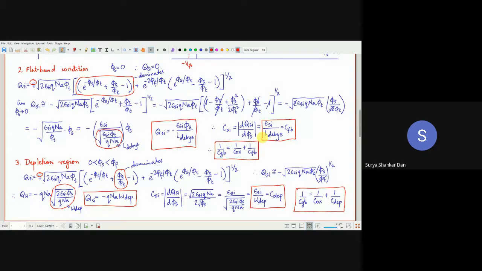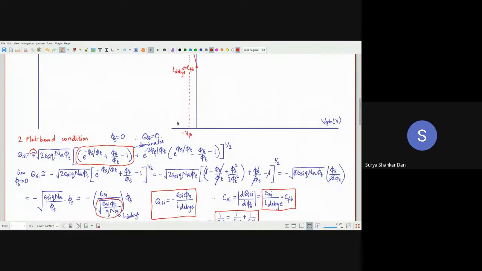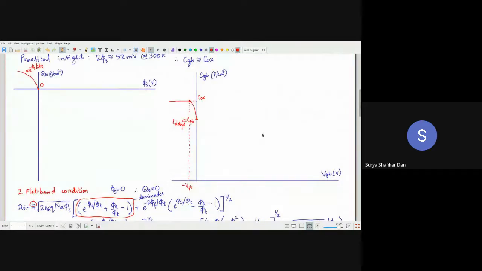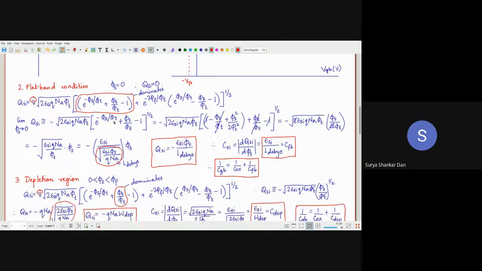Okay, so that means for example, if you want to make even a diode using this particular structure, MOS capacitor, then MOS structure, then what you have to ensure is that the dimensions of the diode are much larger than this device length. Okay, awesome. So that is the importance of the flat band.